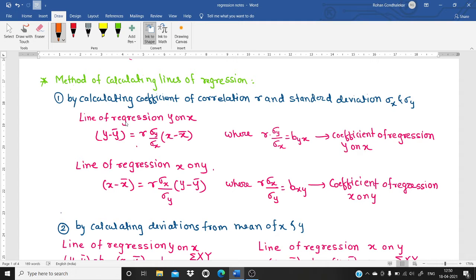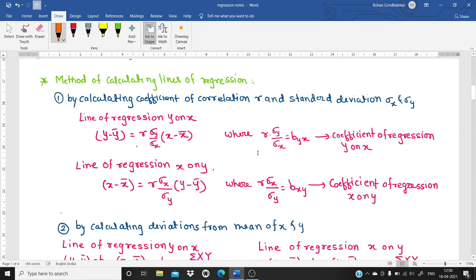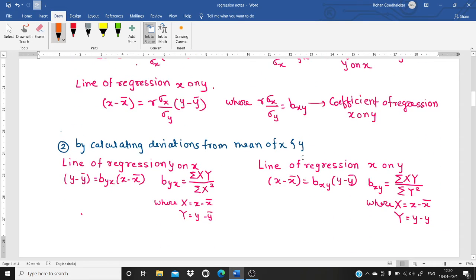Fine. Now this is very important. The coefficients of regression y on x and x on y are nothing but the slope of the line. Okay, so just have a look at the equations. y is equal to a plus bx, x is equal to a plus by. Look at y is equal to a plus bx. The multiple of x, that is b, is known as the slope, and b is nothing but the coefficient of regression. So our main purpose is to calculate the values of a and b involved in the equation of the line of regression, y is equal to a plus bx or x is equal to a plus by. To calculate these a and b, we are going to take the help of the coefficients of regression.